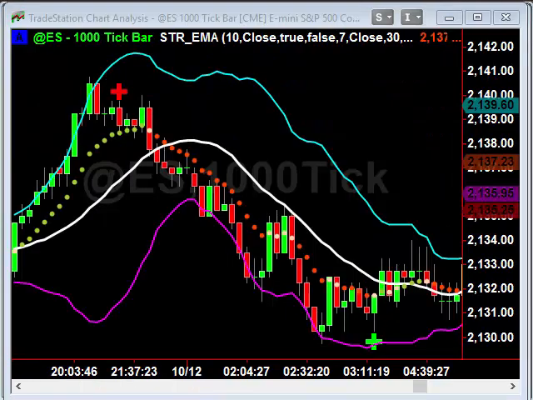So this indicator, called the big bar reversal, works on any time frame and just about any chart, any trading instrument. So here I have the ES 1000 tick chart, and sure enough, the big bar reversal puts a plus right here at this bar. See, it wouldn't put it here because these two bars are the same size. Here, this bar is quite a bit larger than this one, and so it puts it here,